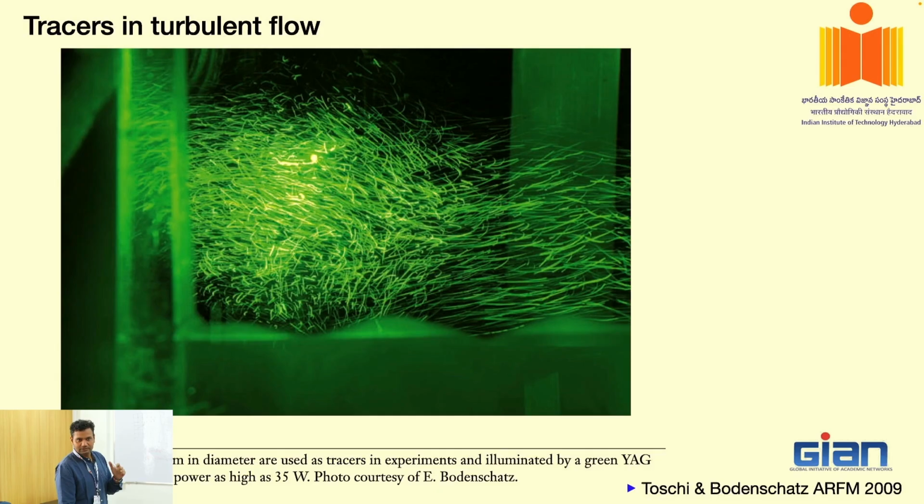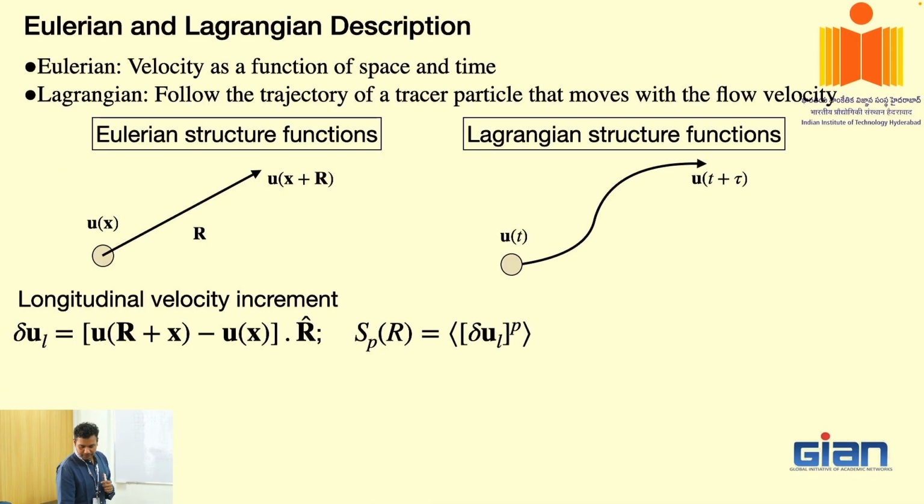Now I will skip ahead. So what is p? p is the power of the velocity, which moment we are looking at. You can look at the linear, second, third. For the third order structure function, we have an exact relationship that comes analytically. In turbulence, there are very few results which are exact. So these are third order. p goes from 1, 2, 3. You can go to even higher orders. Also, one thing that one should note is that this is the gradient in the difference in the velocity, right?